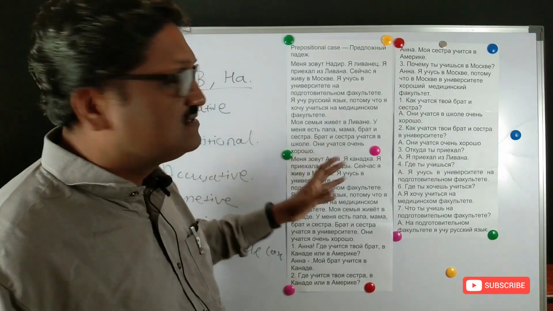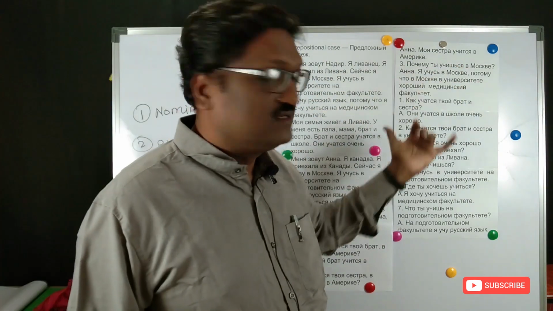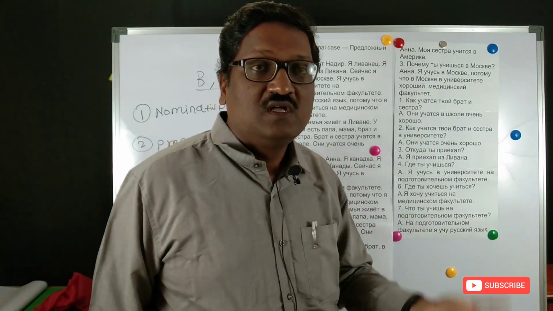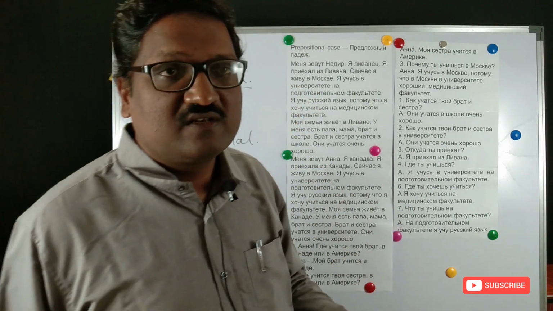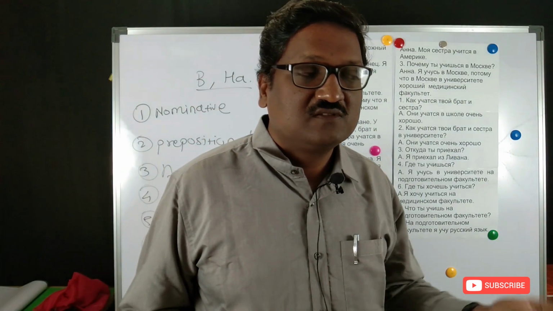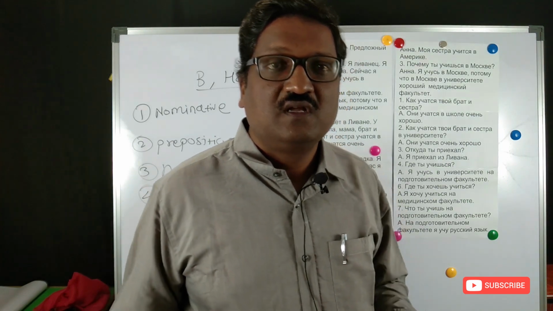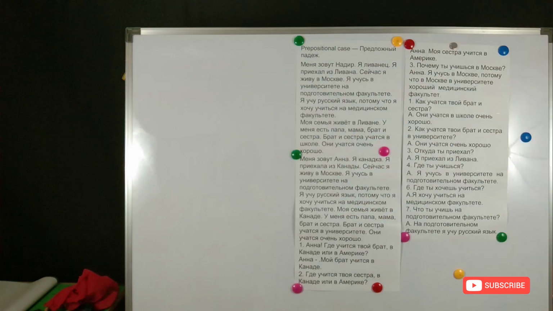In this video I will be explaining how I learn the prepositional case and its uses, how it comes in sentences in the Russian language, how the prepositions are added, and how the noun changes. There are 3 types of nouns we know: masculine, feminine and neuter. Then when a noun comes, adjectives also come, singular and plural also come. So all these aspects we will cover in this video on the prepositional case in the Russian language.